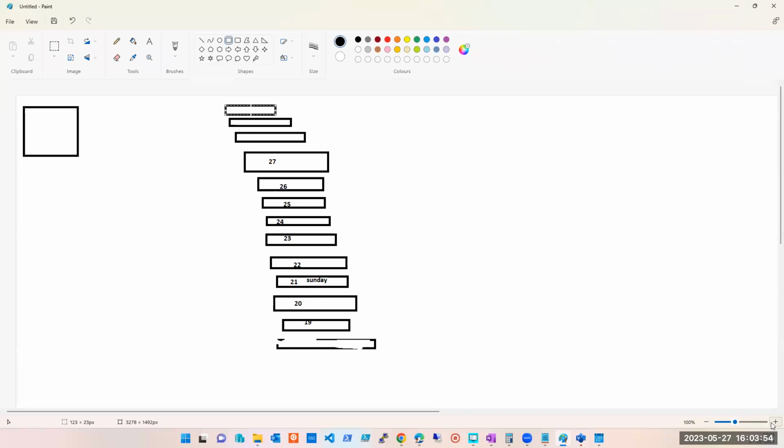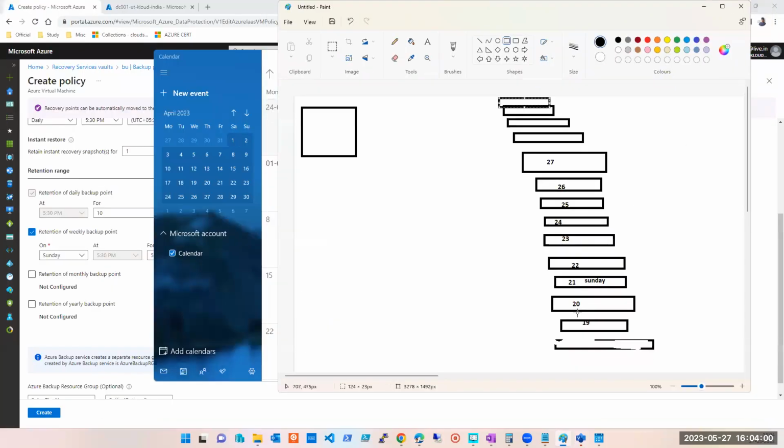what will happen? There's a time कि मेरा Sunday का backup delete हो जाएगा. Are you getting it, guys? यहाँ तक आने तक मेरा ये वाला backup delete होने का time आ गया. These all have been deleted, let's say. And now this is the time the Sunday backup will get deleted. But what I